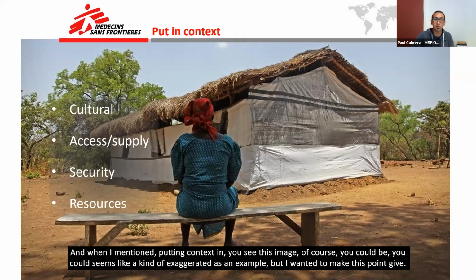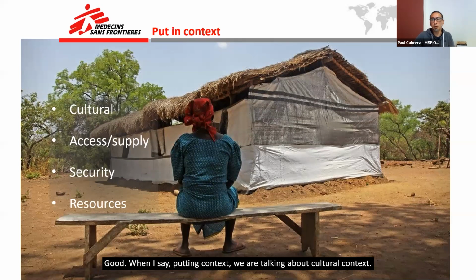When I mention putting things in context and you see this image, of course, it could seem like an exaggerated example, but I wanted to make this point clear. When I say put in context, we are talking about cultural and social context, access and supply, security, and the resources that we have.